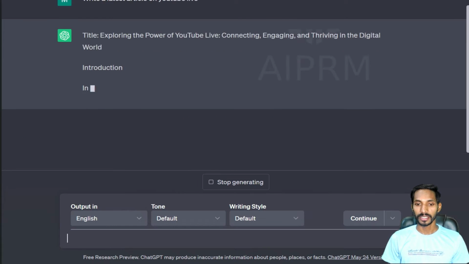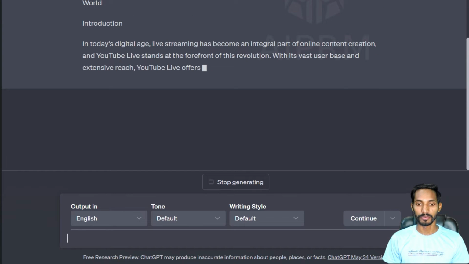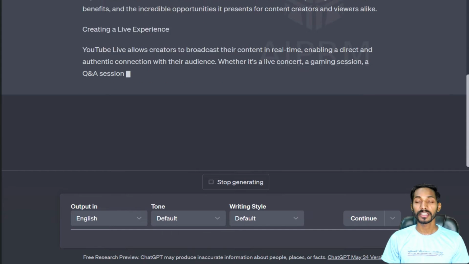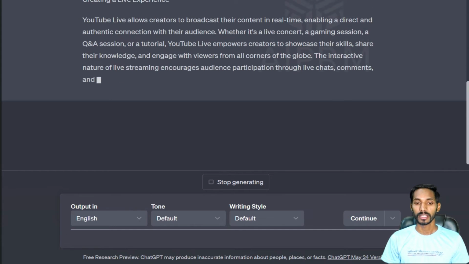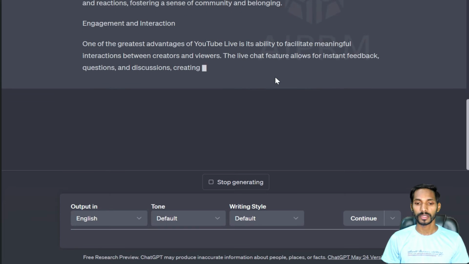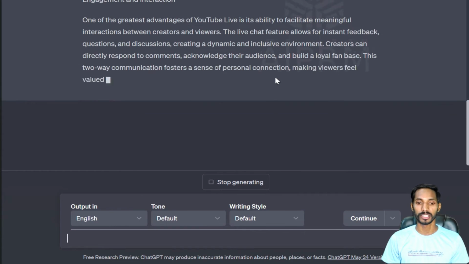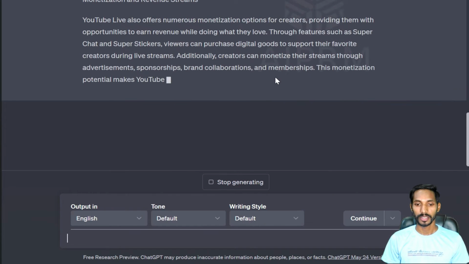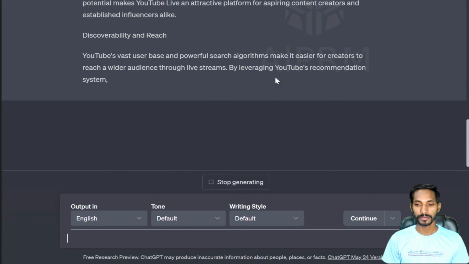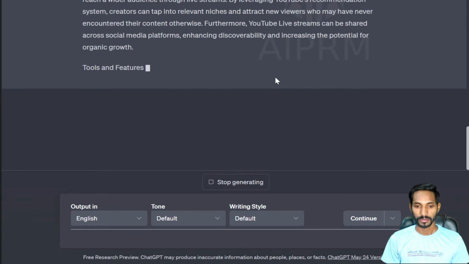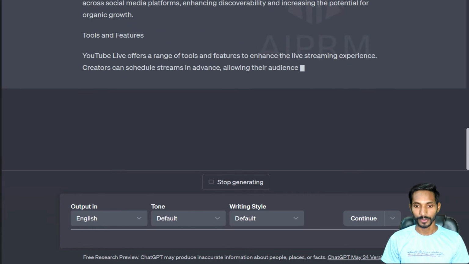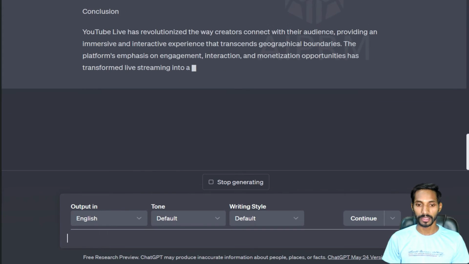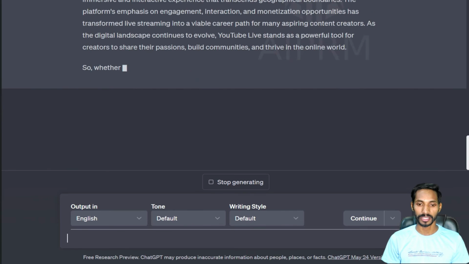so you can see here it has started generating that article for me, and with the help of this tool it will generate an unique article. Okay, it will be not copied, it will be different for all different users. Fine, and it has generated article for me. Okay, so great. It's very useful for all kind of programmer, developer, content creator.